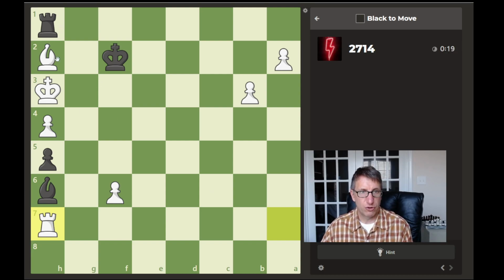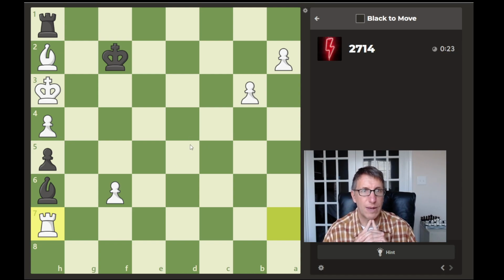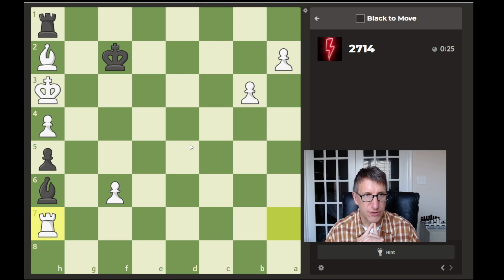We both have rooks, so white has all these extra pawns. What can black do? The white king is kind of closed in here and trapped in a stalemated position. So, if we could deliver a check, so maybe, well,